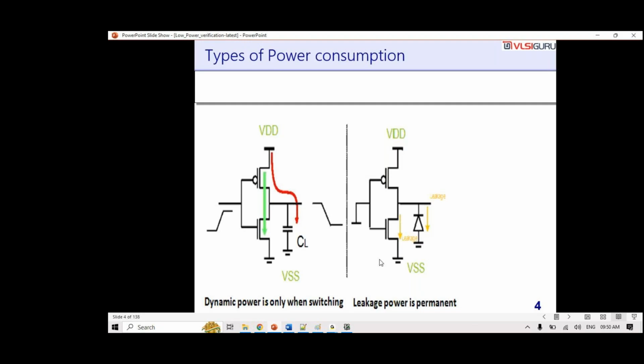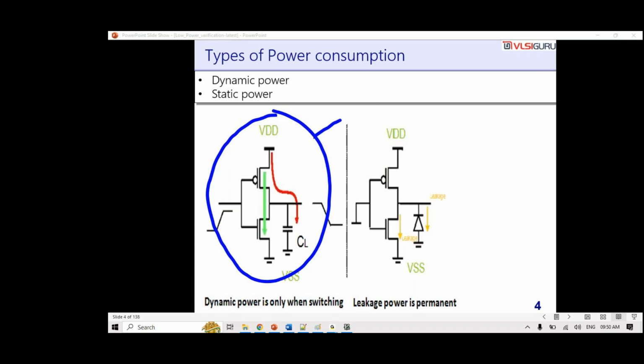There are two types of power consumption: one is the dynamic power consumption, and one is the static power consumption. So what is dynamic power consumption? I'm sure you are able to correlate what this is. This is a CMOS based inverter. You have this PMOS and this NMOS, and as you are aware, since it's an inverter